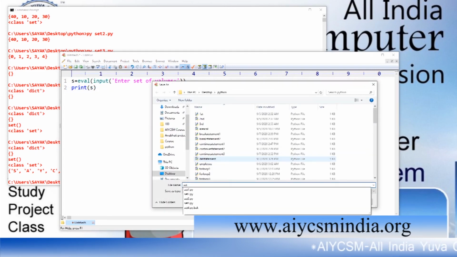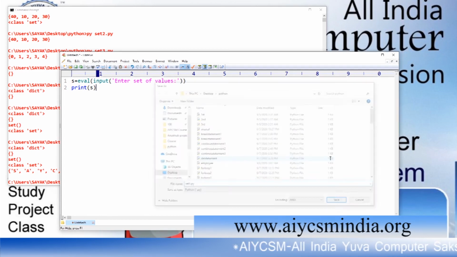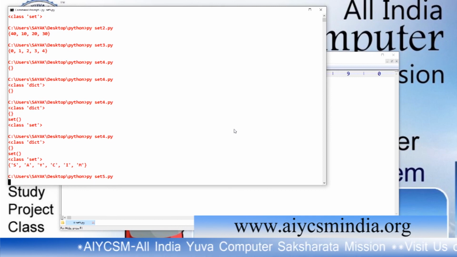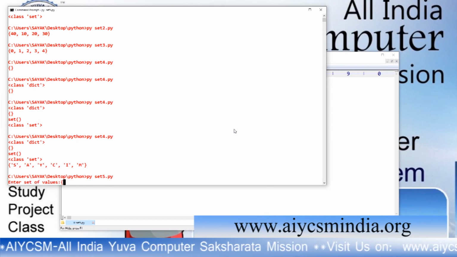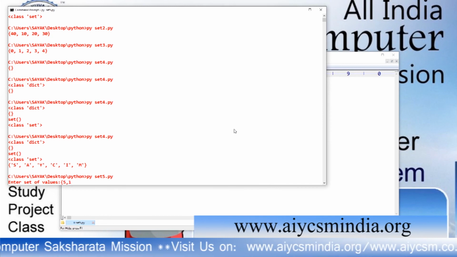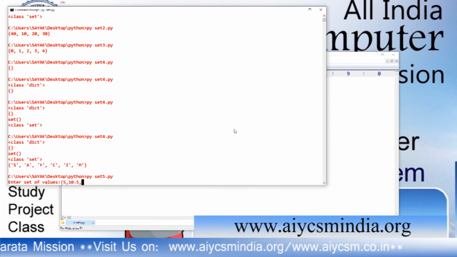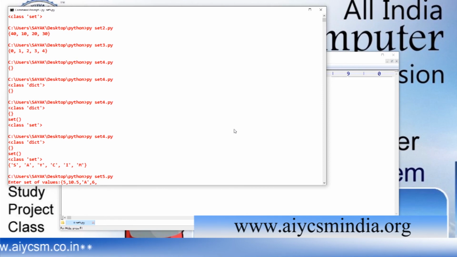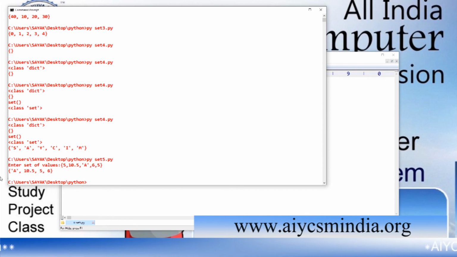Run set5.py from the command prompt. It will ask you to enter the values. You have to enter 5, 10.5, A, 6. If you insert any duplicate value, it will be deleted. If I insert 5 again, you will see that 5 is counted only once. This is how we can create a dynamic set too.